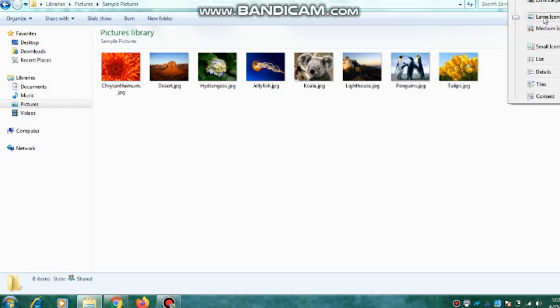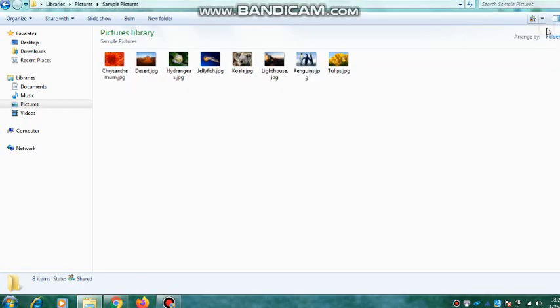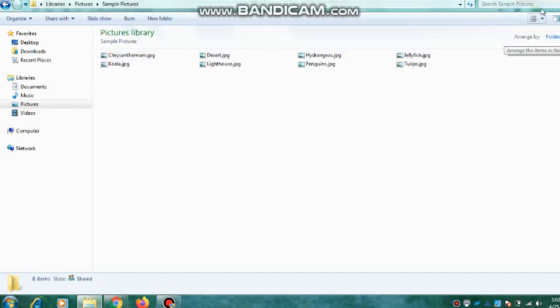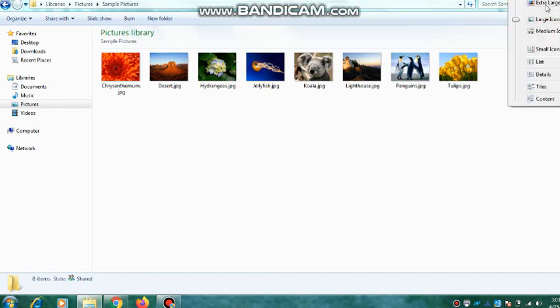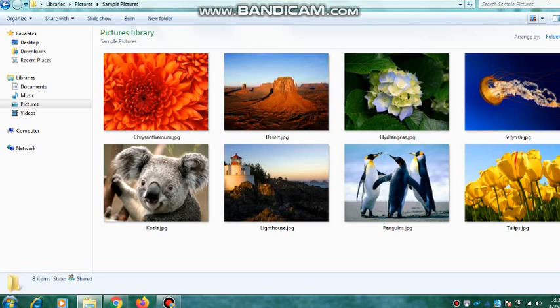See, there is a list, medium icons, small icons, or you can see the large icons. So there is one more button called extra large. So this way it is showing you the different views of the same files.